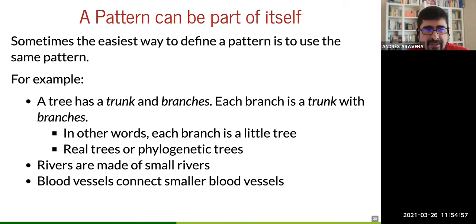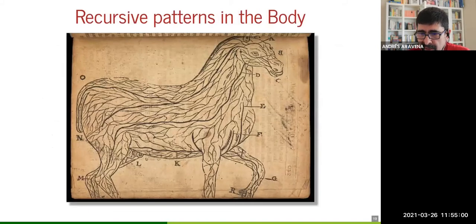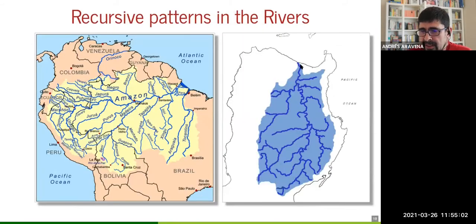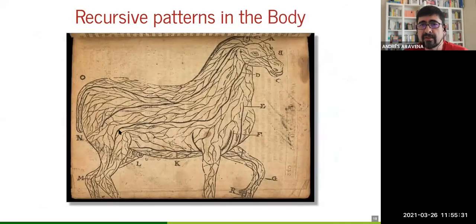Like, if you can see me, a river is made of many small rivers, and each small river has many small rivers. So you start with the Amazon, for example. The river has two main rivers, and each one of them is separated into smaller rivers until you get to the garden, where you put a drop of water, and that drop of water goes down until the Amazon river. And the same with blood vessels, they split, they branch into smaller ones, but the branches are essentially a small version of the main system.